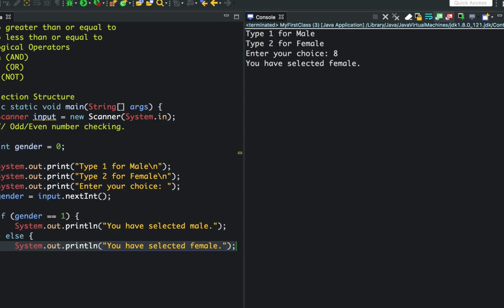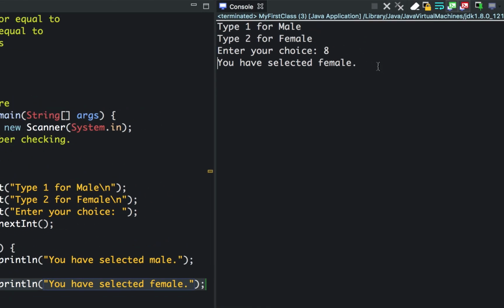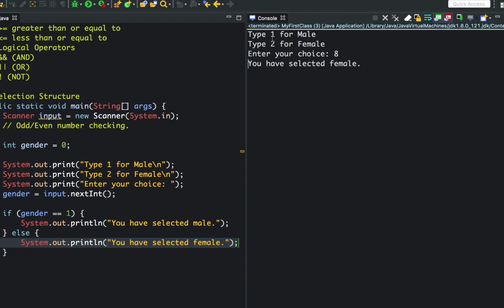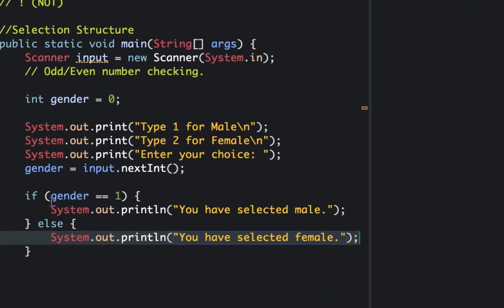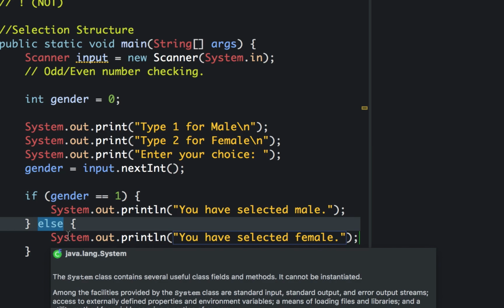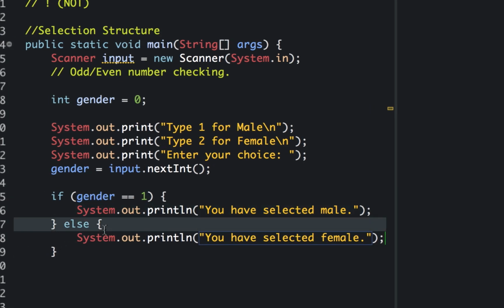you have selected female. So even though our choices are just 1 and 2, the printing that you have selected female always comes up because our checking is only for the value of 1. So whatever value you have entered other than 1 will print "You have selected female." So to have a specific checking of the value, and you want to compare it to a particular value, like let's say the gender is number 2, we can put another